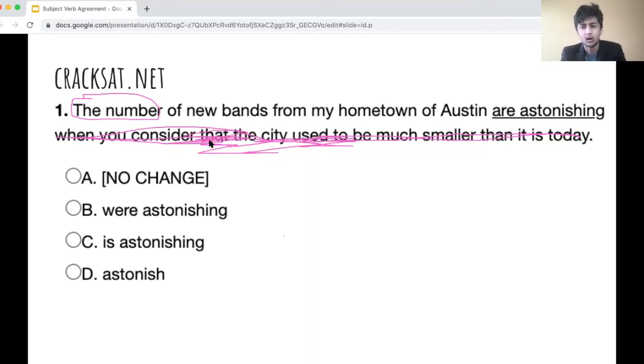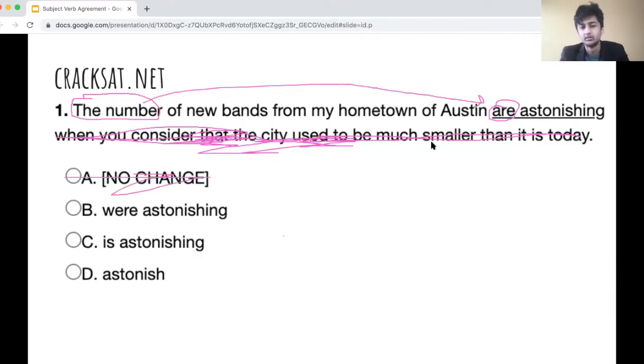And let's think, is "are" right here, is this a singular or plural verb? Well, "are" is going to be a plural verb. If you think about it, use it in an example. The people are amazed. The people are astonished. The people being a plural noun, you would associate that with the plural verb, and "are" is going to be a plural verb, as I said. The number is singular, "are" is plural, so this won't work out. It doesn't work. So A is going to be wrong.